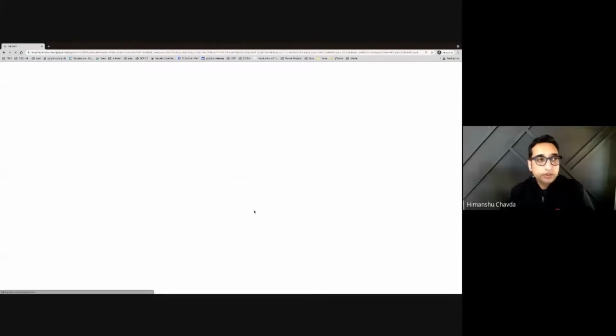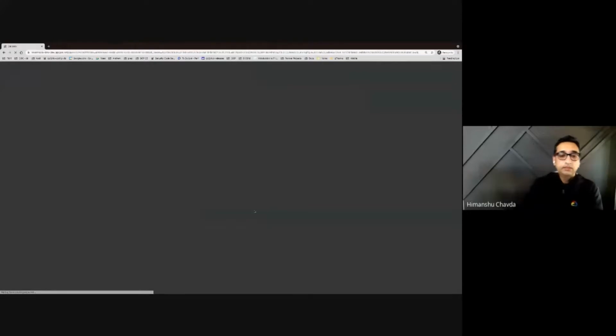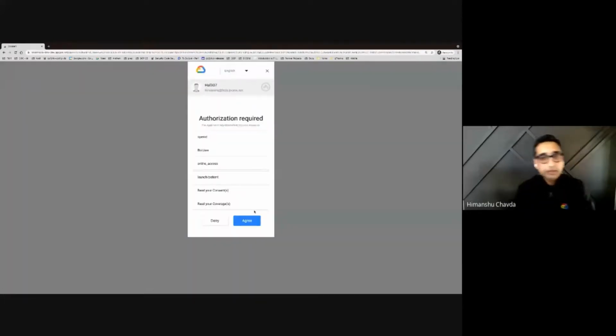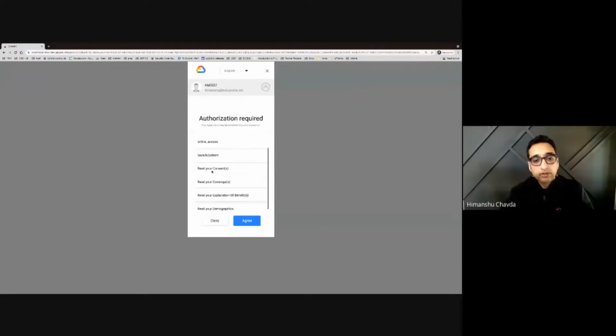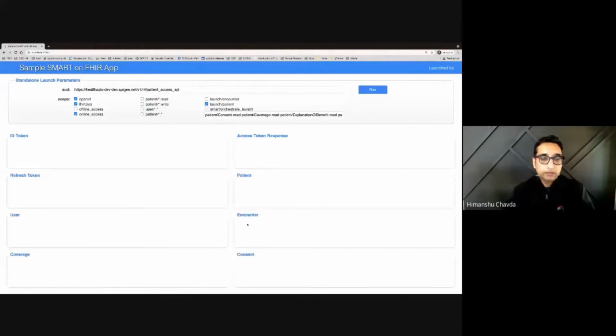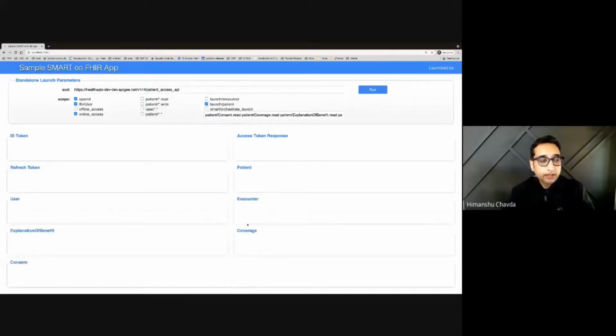The first thing it's going to do is ask me for my consent. When the page is loaded, you will see the request to authorize. Here, my ID is associated with this test patient called HEL307. It's saying the application wants access to this level of resources, where the application can read the data from the FHIR server. As you can see, I'm going to click on agree. Then it's going to authenticate first, and launch my data inside this